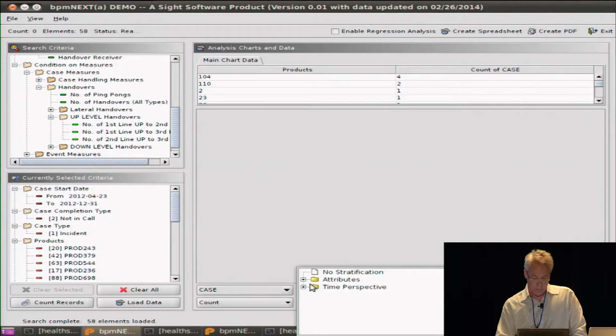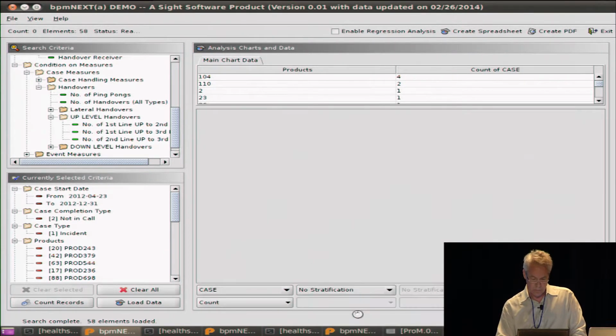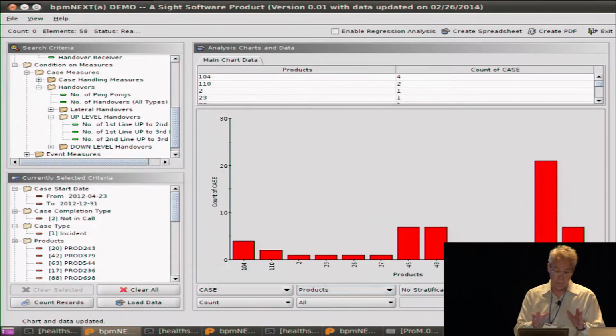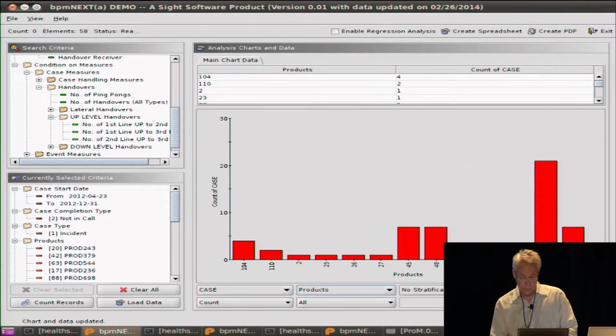So now I'm going to stratify this by product. All right. Now, well, let me get the answer first. So I see product 87, and by the way, this is all they gave us. This could be really cool if we knew anything about the products or how they're organized. I don't know what 87 is. I'm sure it belongs to some other grouping, but this is as it is. So now we can see, obviously, the offender, if it is an offender, is